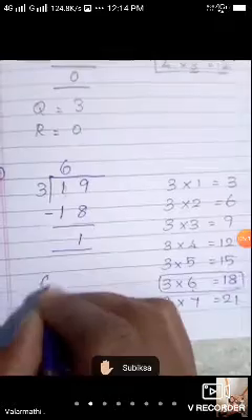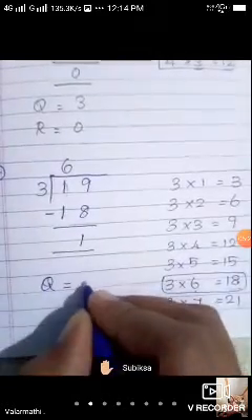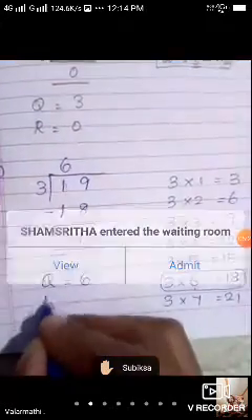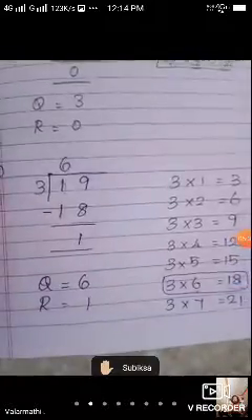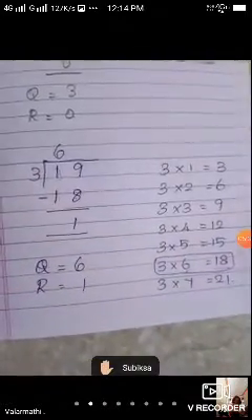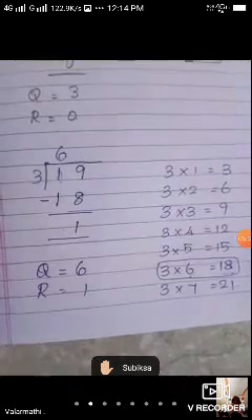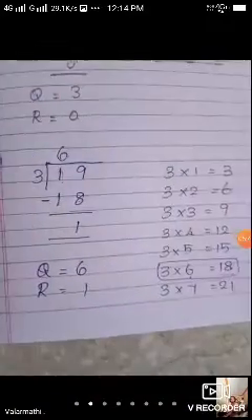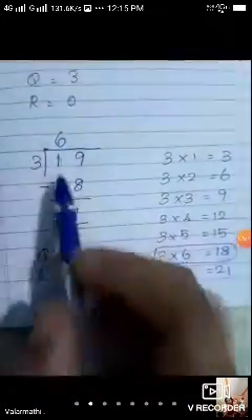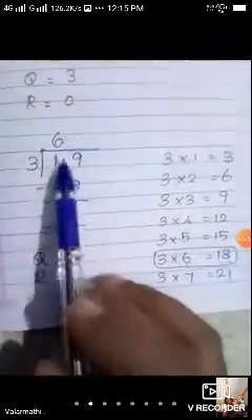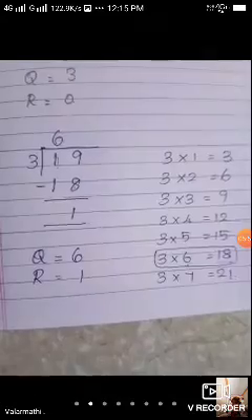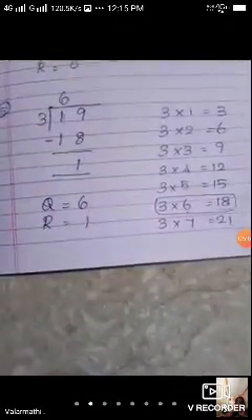Now take and write it as usual. Q equal to 6. Quotient is 6 and the remainder is 1. So R equal to 1. Is it clear? The number which we are finding here now from the table, that only matters. So less than the dividend only you should take. That you keep in mind. Copy the sum.